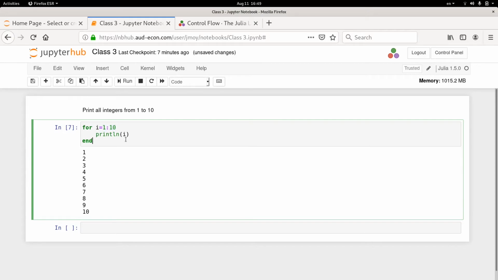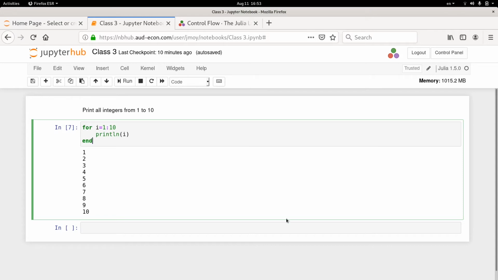So what Julia will do is, it will first give the value i is equal to 1, and execute the body with that i. So when you have println(i), right now i is 1, so 1 gets printed. Then it will give i is equal to 2, and you say println(i), so 2 gets printed. Then i is equal to 3, println(i), 3 gets printed, and so on up till 10. So we continue like that, and all the 10 numbers are printed. Okay. So this is where we make use of a loop.